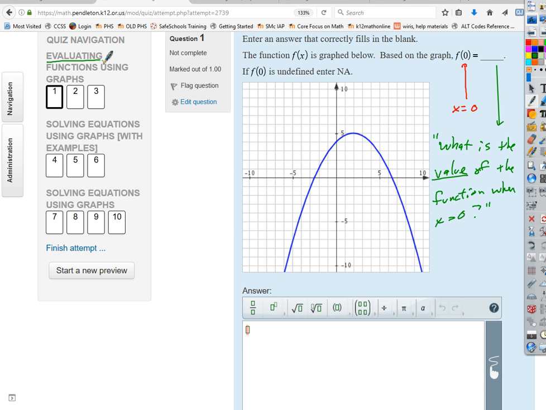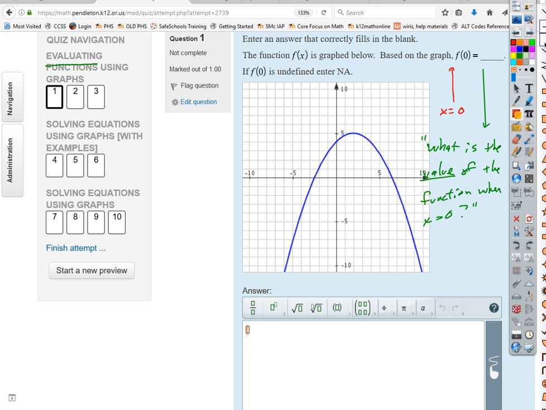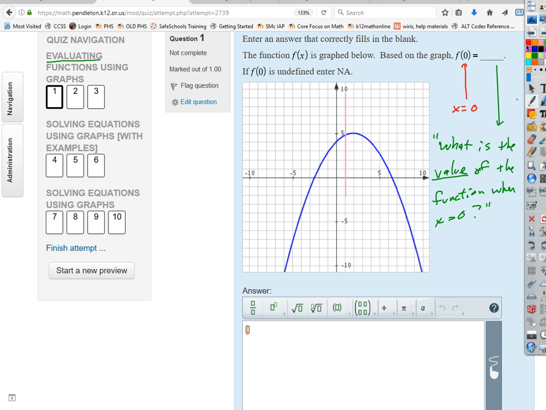So what about this one then? Based on this graph, f of 0 is what? So I'm plugging in an x value of what? Of 0, right? Okay, so if I plug in an x value of 0, really all I've got to do here is write a vertical line at x equals 0 and look for the intersection of that vertical line with the graph. Where does it happen? At 4. Good, so we're at the point